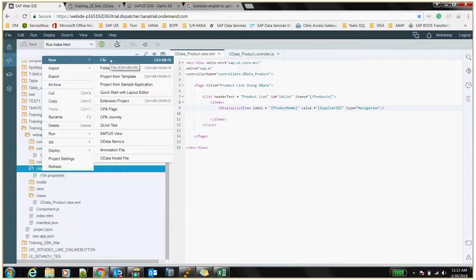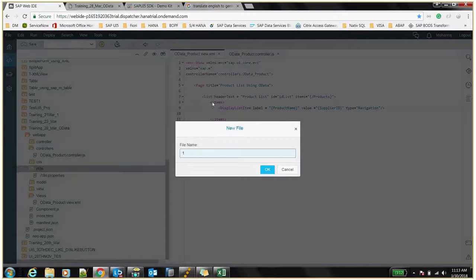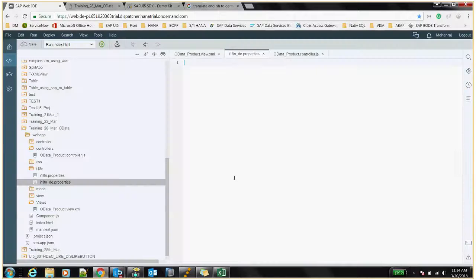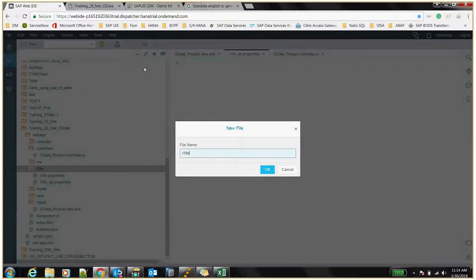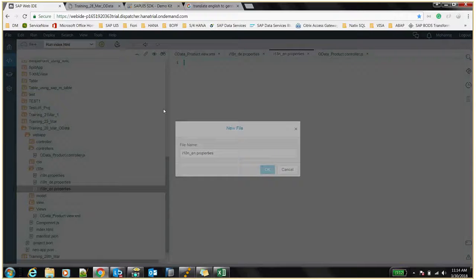New file, i18n underscore de dot properties. Okay, so here we have created the properties for German. The same way I will create it for English as well. i18n underscore en dot properties. Okay,